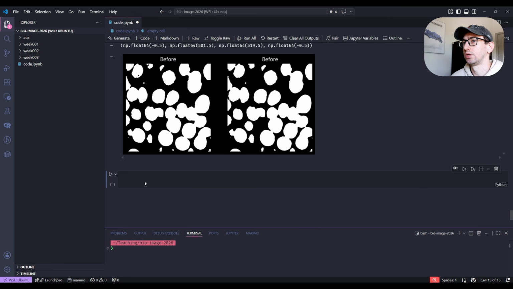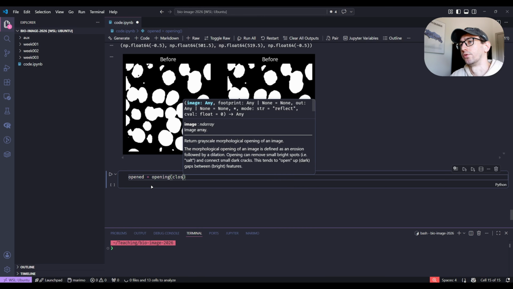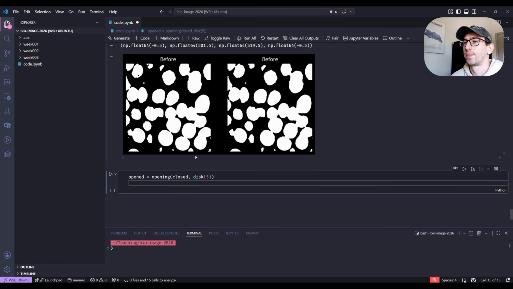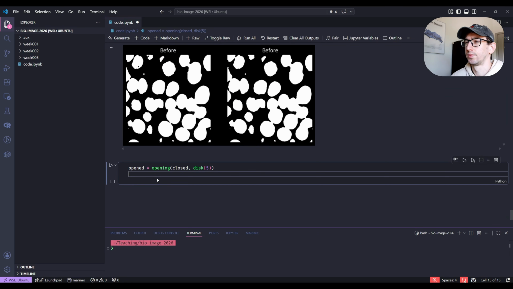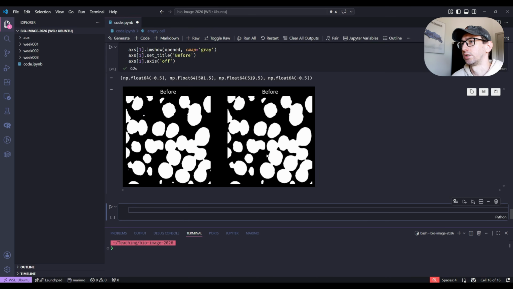And now let's try to use opening. We want to open the image, so we say opened is the opening of the closed image, and then the footprint again. Let's use disk, I don't know, 5. Let's copy paste this part, so we have closed and then opened. Let's run it. You can see we got rid of some small parts. Cool, right? Some simple operations, and we already